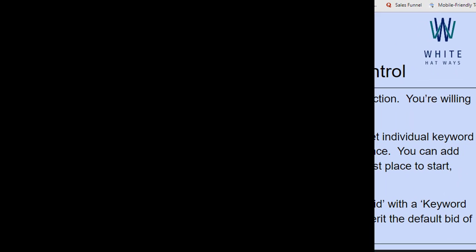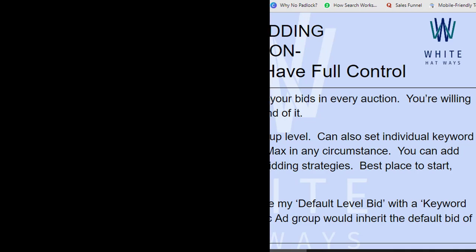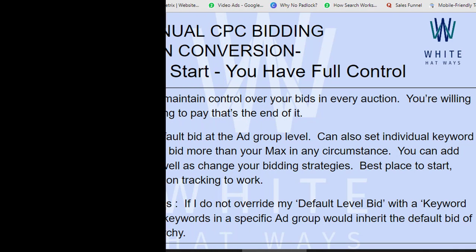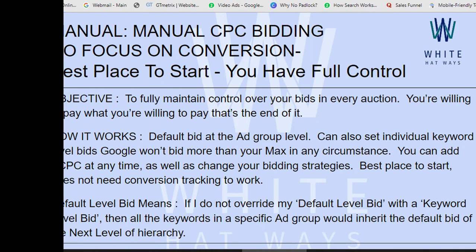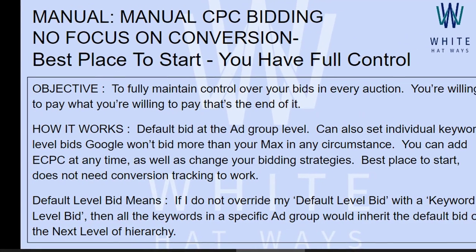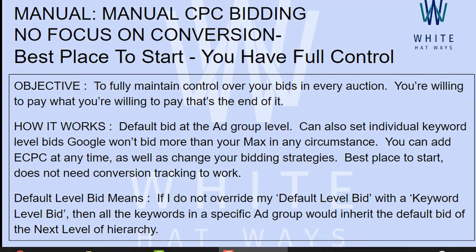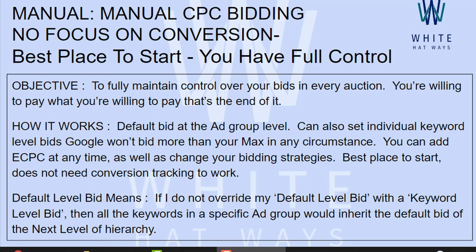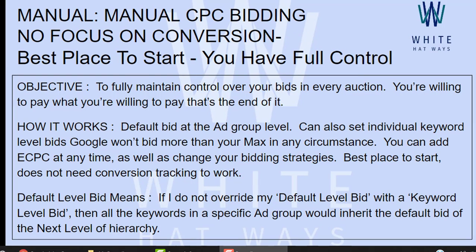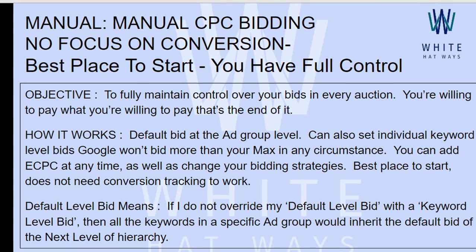In this video, we'll be learning about manual cost per click bidding. Manual cost per click bidding is a method that lets you set your own maximum cost per click for your ads. This is different from the automated bidding strategies. Why? Because in automated bidding strategies, you are handing over to Google the charge to take care of the bids. It is in the hands of Google to decide which click should be for how much, and you are giving this charge to Google. Why?